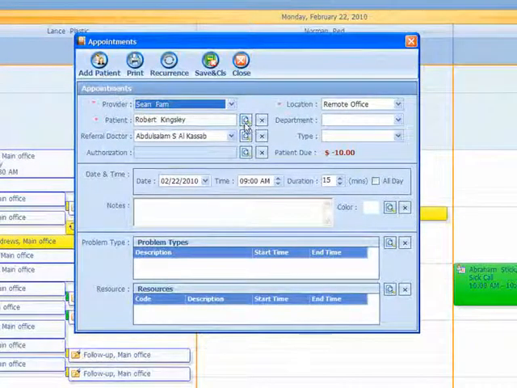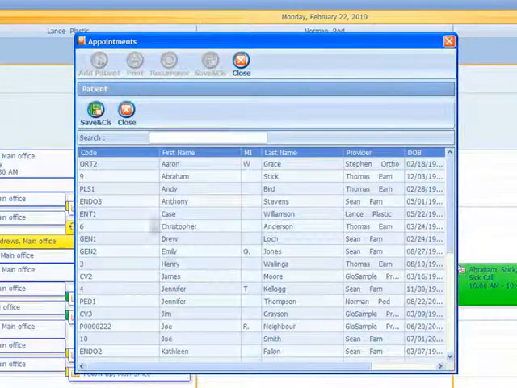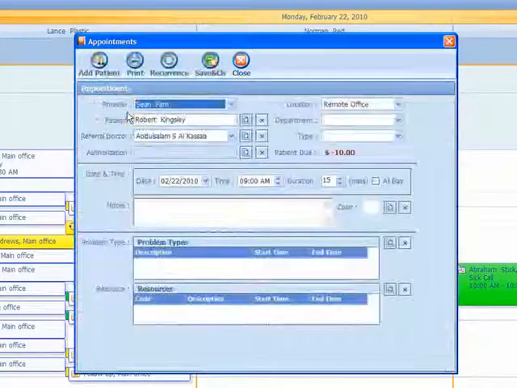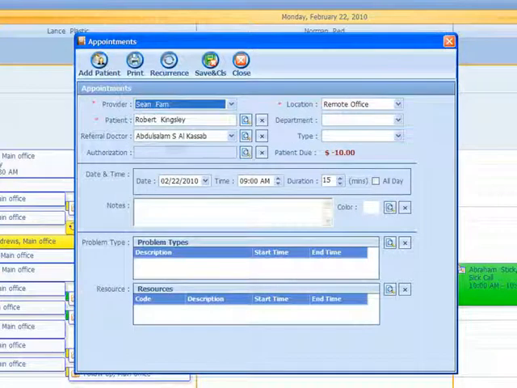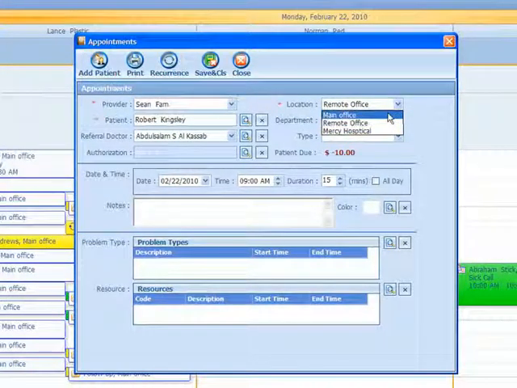I could have also certainly clicked on this button here and went to my entire database and searched for my patient that way. My referring doctors automatically carry in from his demographics, as well as if I wanted prior authorizations, I could do that. I can pick which location I'm scheduling for today. So normally